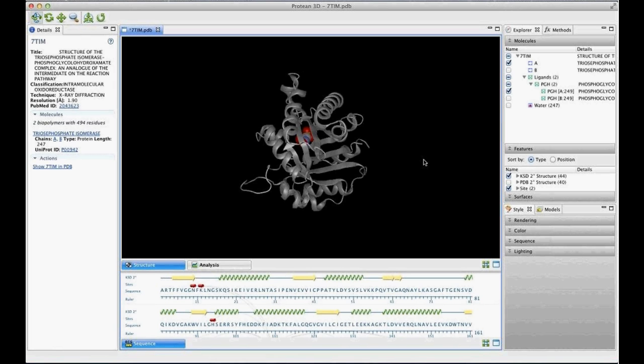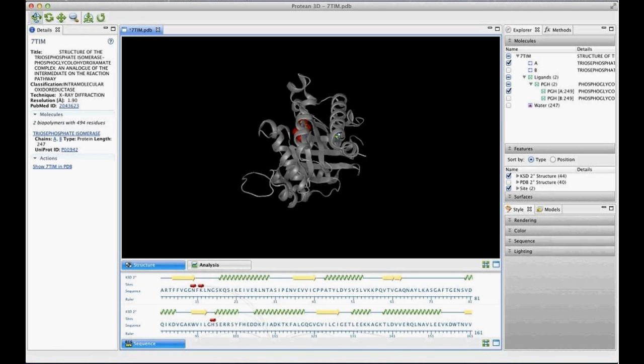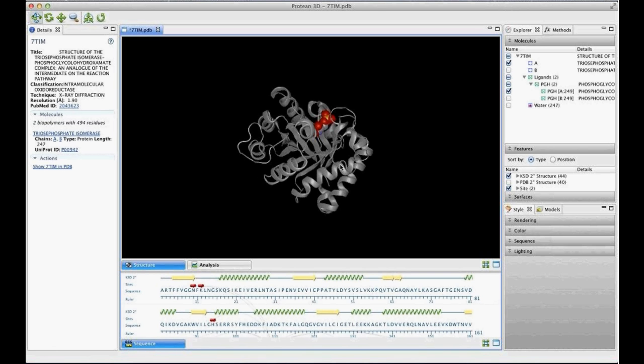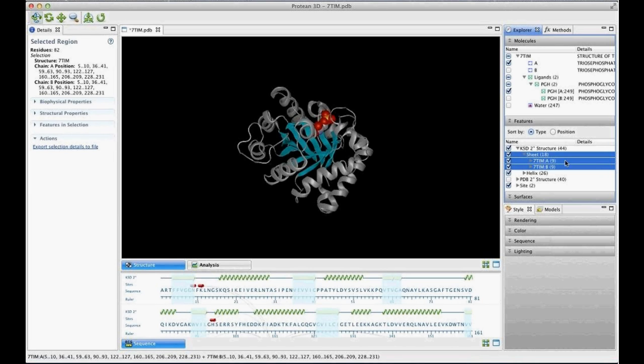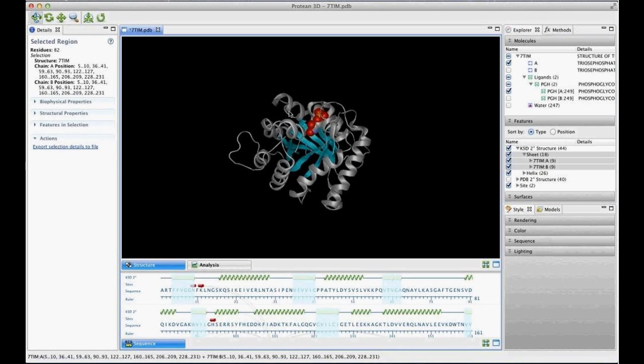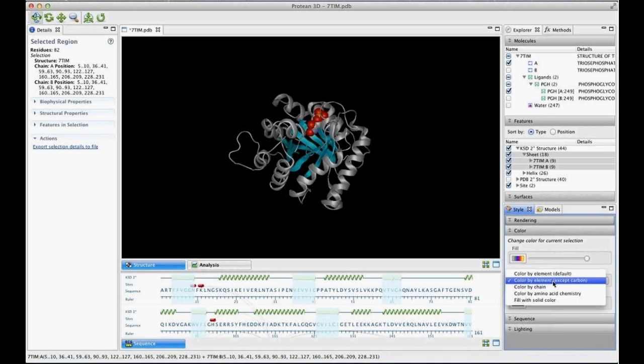So today I want to show you how I would create an image, using chain A as an example. The first thing I would want to do is show off the secondary structure of this chain. I can easily do that using our Features panel and expanding the DSSP secondary structure, which provides me with the beta strands as well as the alpha helices. Using this, I can select all of the beta strands for both chain A and chain B, and then using the Style panel and the Color expand bar, I can color these